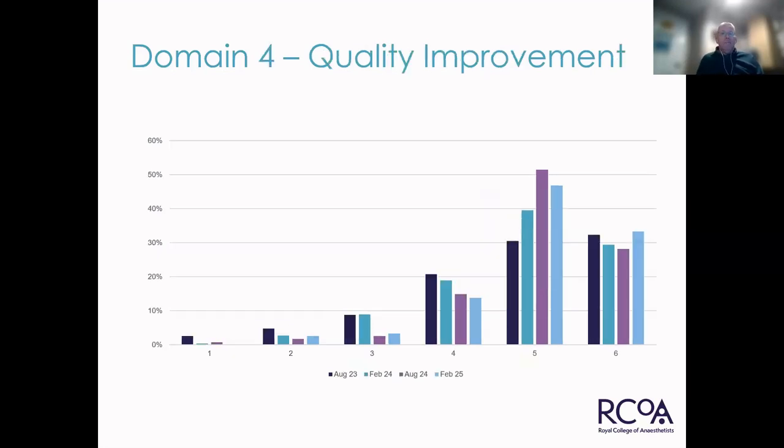Quality improvement. Given that quality improvement is part of your stage 1 training, we would expect the majority of people to be able to score well in this. Again, as Nikki pointed out, sometimes if people forget to include, for example, a PowerPoint presentation, then they will potentially not get the marks that they should be getting. But you can see there that nearly a third of people are actually getting 6 points in this domain, which is fantastic.